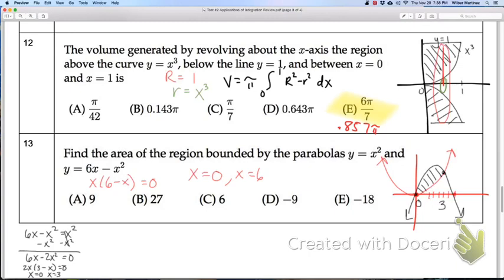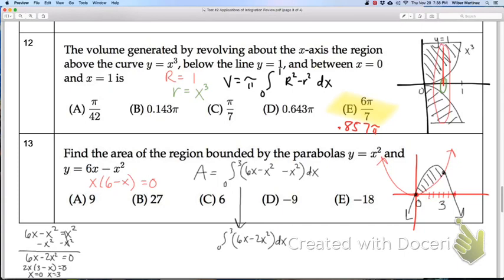So, if I'm trying to find the area between these two curves, the integral I'm setting up for area is, remember, I don't need a pi because I'm not looking at volume in this case. It's literally just the integral of my left to right bound, and then top function minus bottom function. So in this case that's 6x minus x squared, that's the top function, minus the bottom function, which is x squared, dx. And again, we said we're going to try and do this one by hand, so that would be the integral from 0 to 3 of 6x minus 2x squared